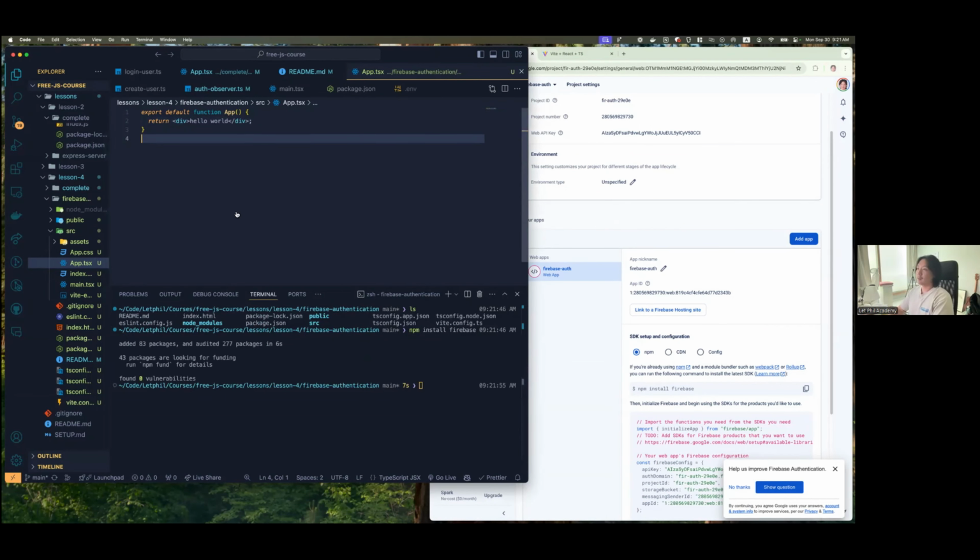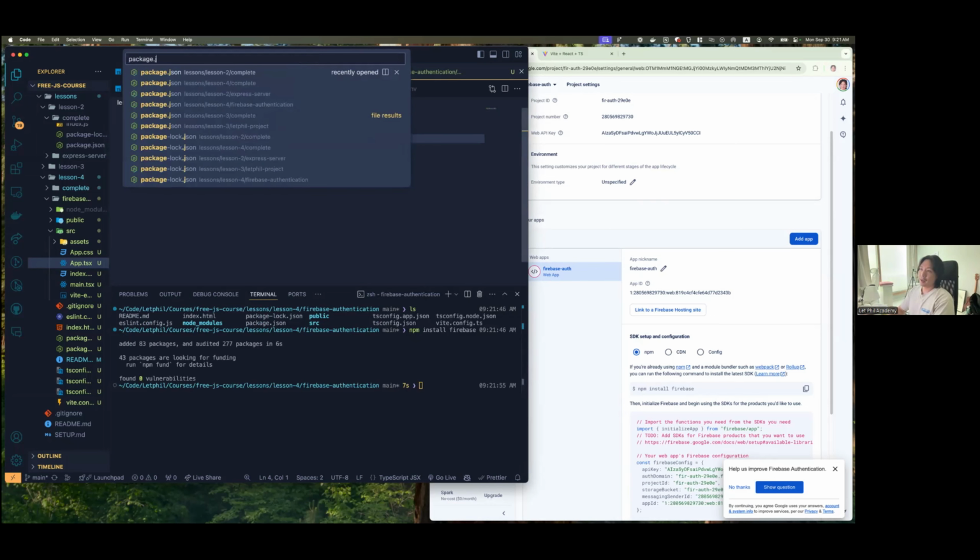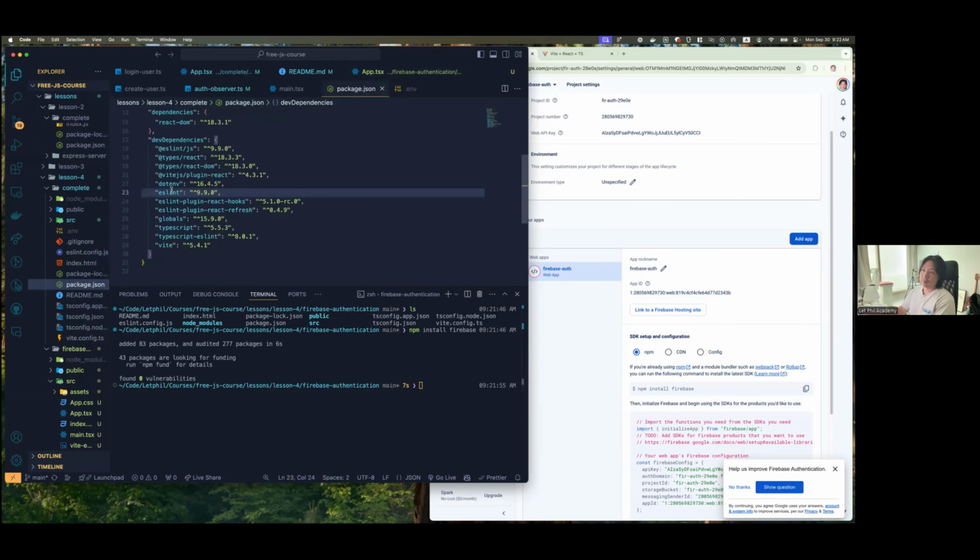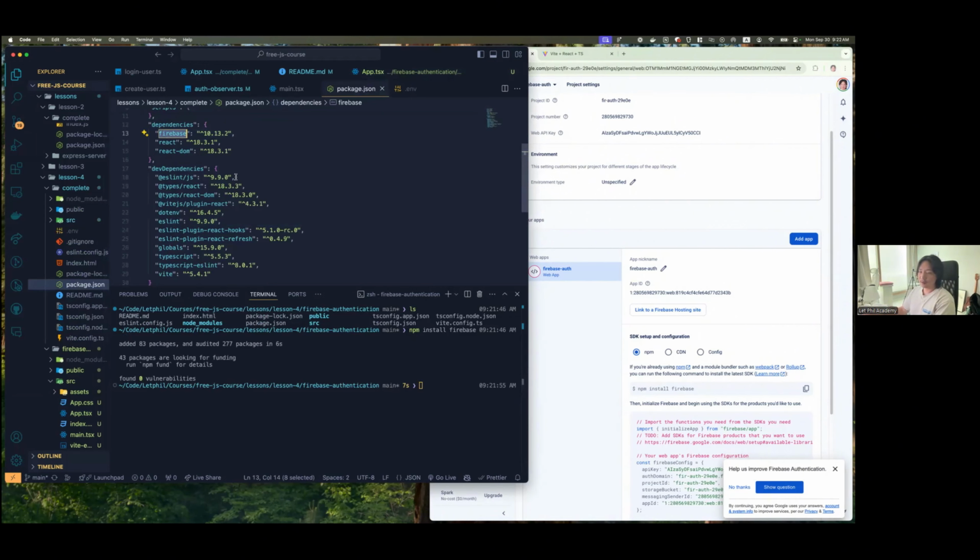Firebase is added. If I look at the package.json, you'll see that Firebase got added into our dependencies, and that's at version 10.13.2. So if you ever look at the documentation, it'll probably be up to date. All right, now I do need the environment variables. So I'll npm install